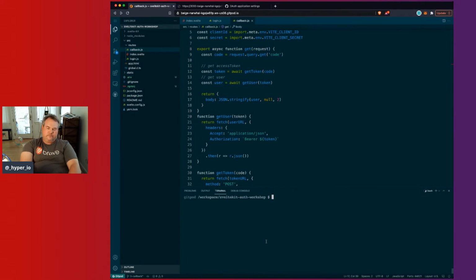All right, let's go ahead and fire up. Well, we're going to have to install some things, so let's not do that yet. Okay, so that's our callback. Pretty cool. We get a code back from GitHub, then we call GitHub to give us an access token, and then we use that token to get our user. And now we're just printing the user out, but what we really want to do is set up a session,